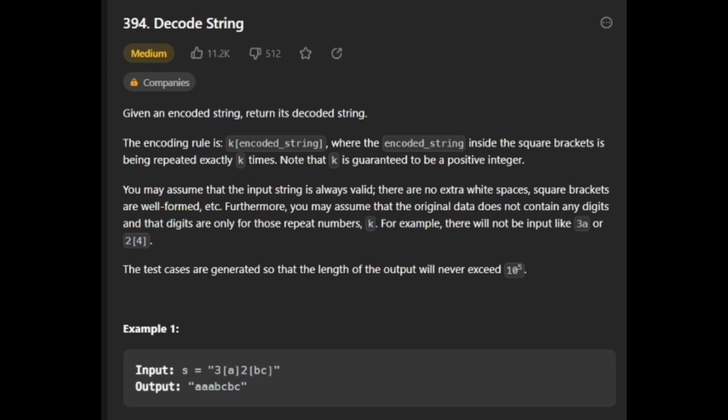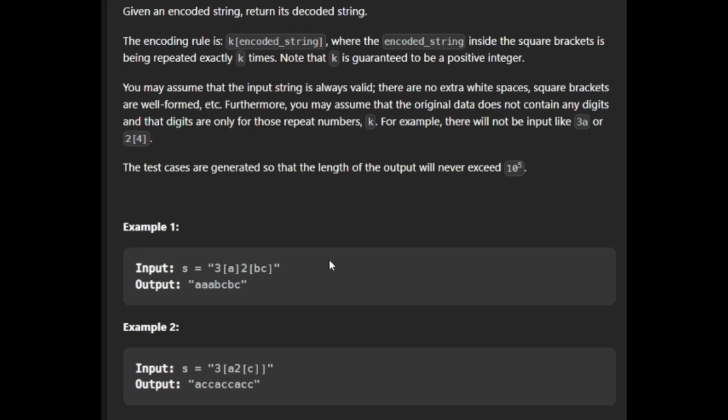Hello everyone. Today we will be solving Leetcode problem 394, that is Decode String. We are given an encoded string and we have to return its decoded string. There are certain rules mentioned here. Let's move over to our drawing explanation, write the code, and then do a dry run and understand this